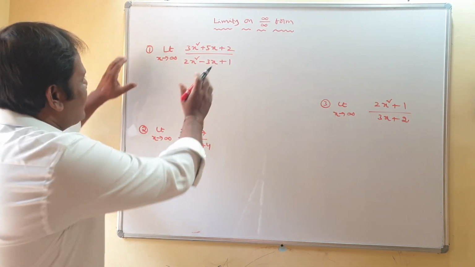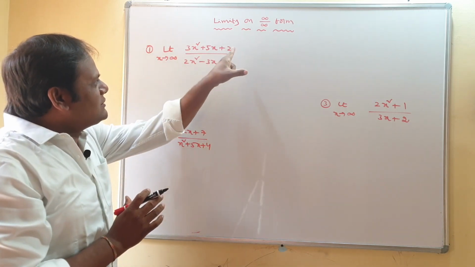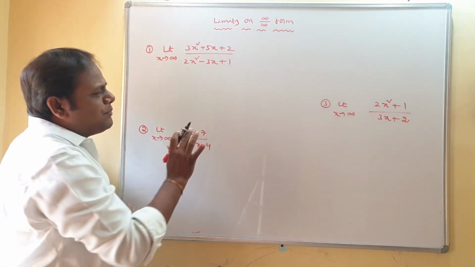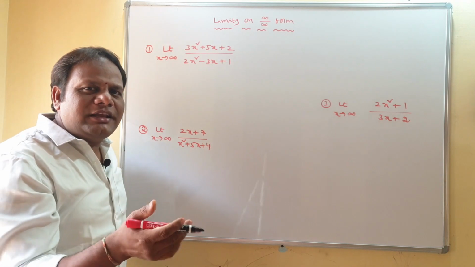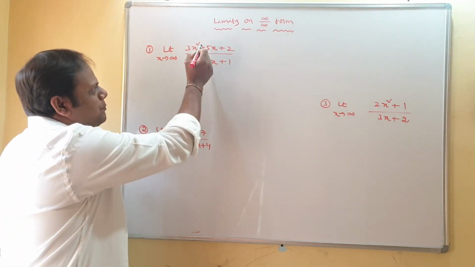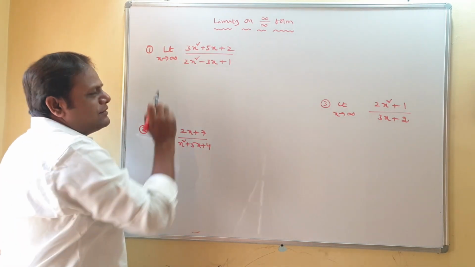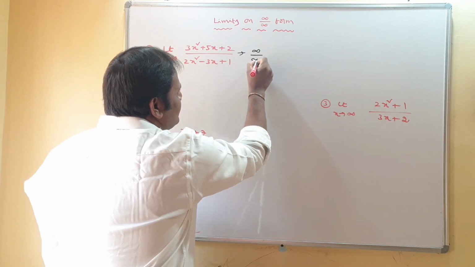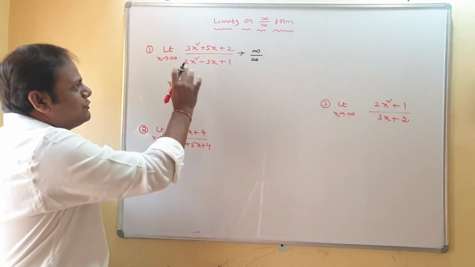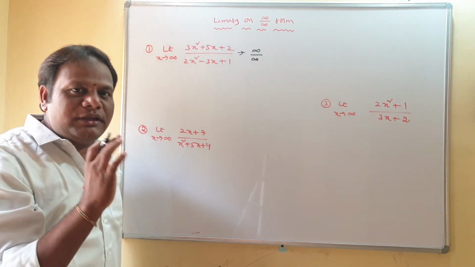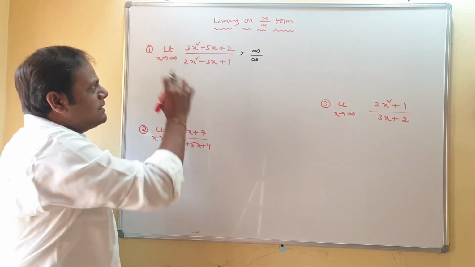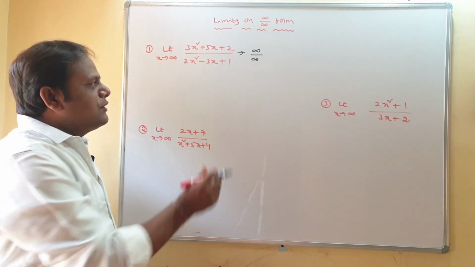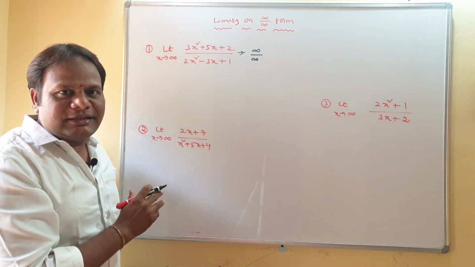See, limit x tends to infinity of 3x square plus 5x plus 2 by 2x square minus 3x plus 1. So for this type of problem, to evaluate any limit, what we do? First we take x approaches infinity in this. I mean, we put x as infinity. Then it takes what form? Infinity by infinity form. So whenever the function takes the form infinity by infinity, what is the highest term in the numerator? You take that term as common. Similarly, what is the highest in the denominator? You take that as common.